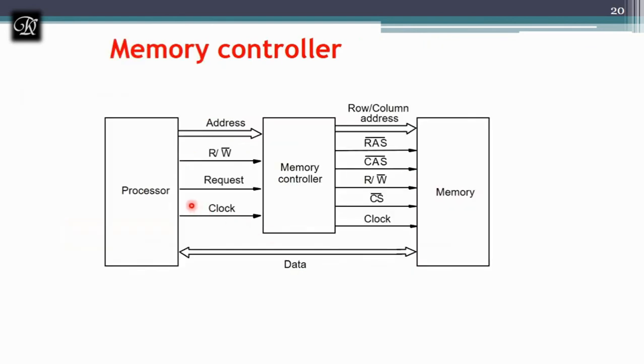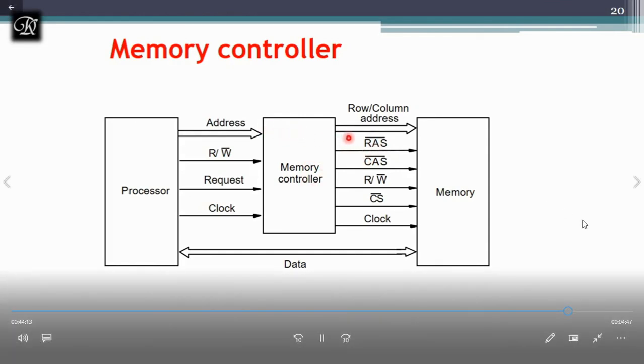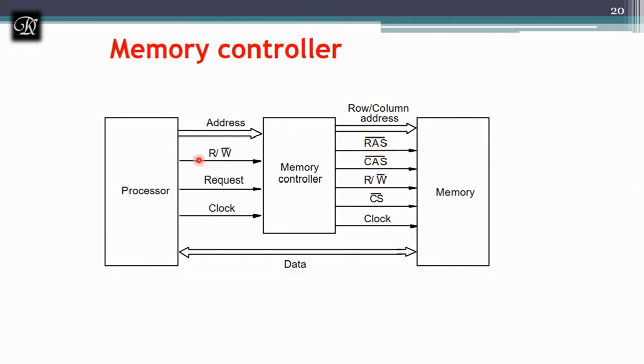So previously, in this first basic concept discussion, we have seen the processor and the memory, but now we have introduced the memory controller in between the processor and the memory. The complete address, like for 1 megabyte, 20 lines of address is generated by the processor, and out of those 20 lines, 10 lines for column and 10 lines for rows are divided by the memory controller. And out of the 20-line address, the higher order will be given for rows and the lower order for column.